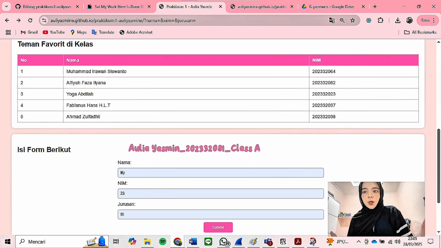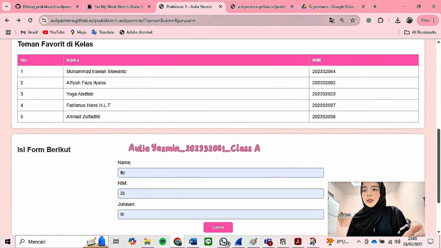And now let's talk about how I styled the website using CSS. I customize the color, layout, and design to make the page visually appealing. And for the background and text color, I'm using body background and color, font family Arial sans serif. This gives the website a clean look with a light background and dark text for readability. And for the header design: header background color, text align, padding, font size, font weight, border radius. It has a green background with white text to make it stand out.